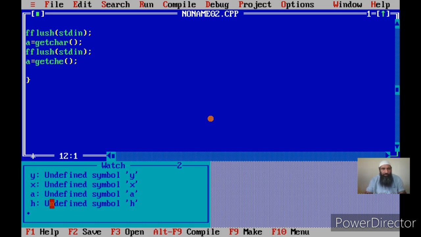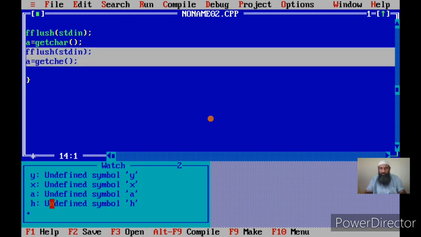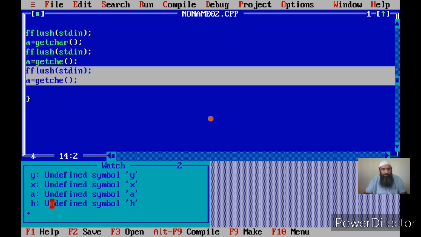Now let me show you how getch works. I am using fflush before every input function. These three, that is getchar, getche, and getch, are all character input functions, used to input a single character.